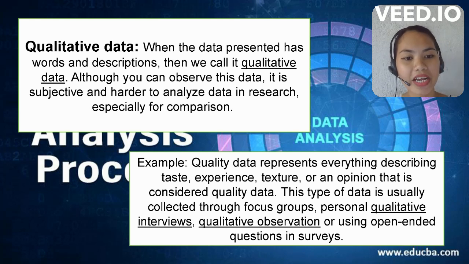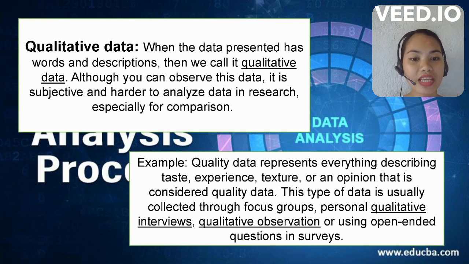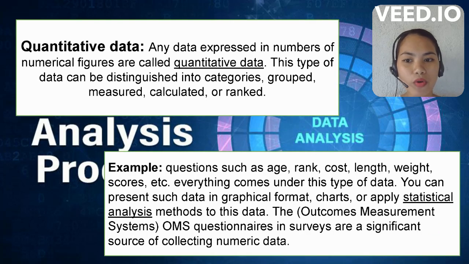So, I have here an example. Qualitative data represents everything describing taste, experience, texture, or an opinion. This type of data is usually collected through focus groups, personal qualitative interviews, qualitative observation, or using open ended questions in surveys. And we have also here